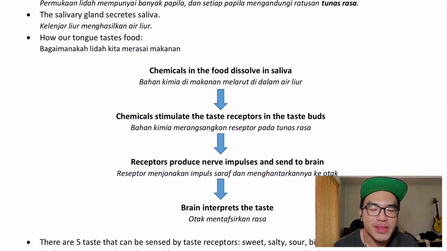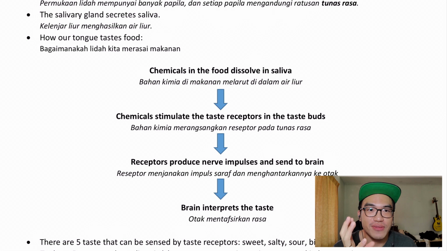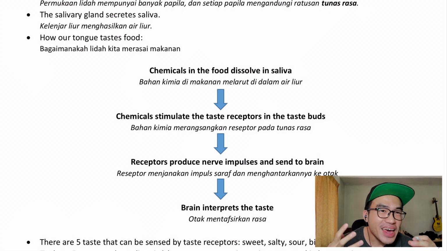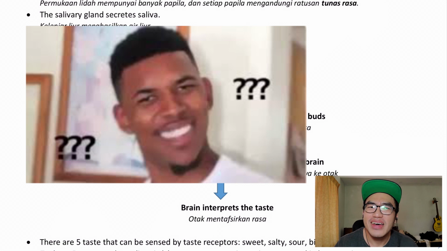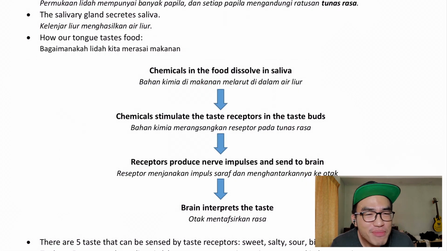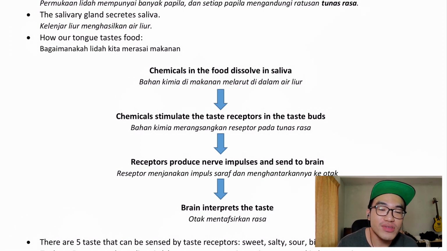So why do that? These go for all receptors. Your brain can only recognize electrical signal. Electrical signal is like the only language your brain understands. If you send a taste signal up there, your brain will be like, what? They don't understand. So this receptor sort of acts like a translator. They will translate whatever signal into an electrical impulse, and they send it to your brain. Your brain will be like, now I get it.